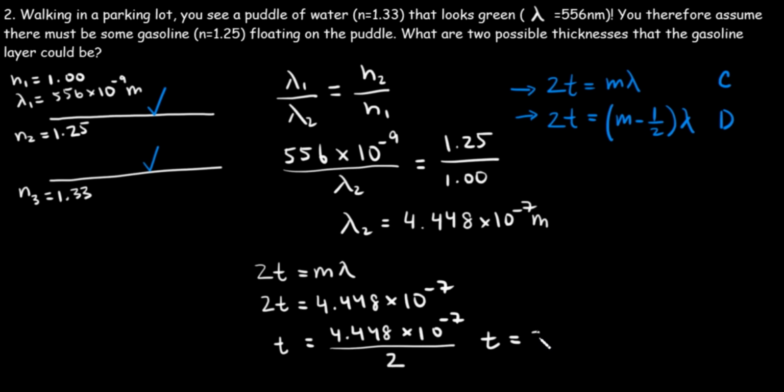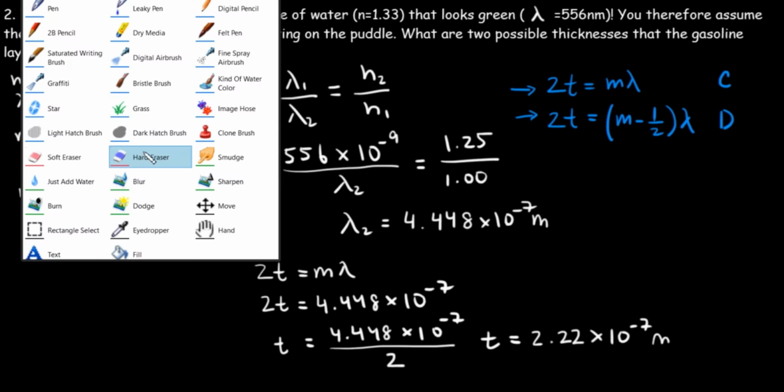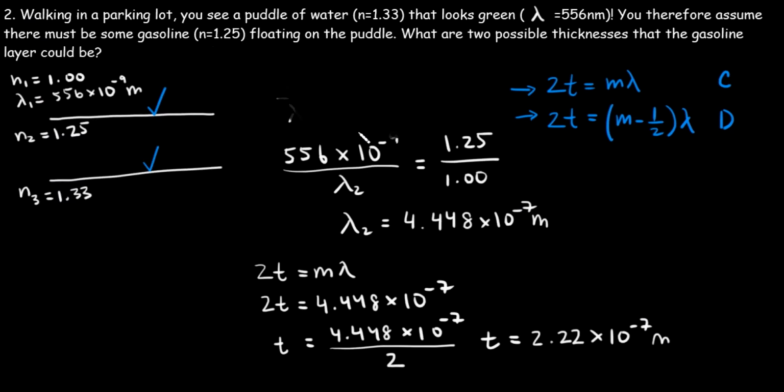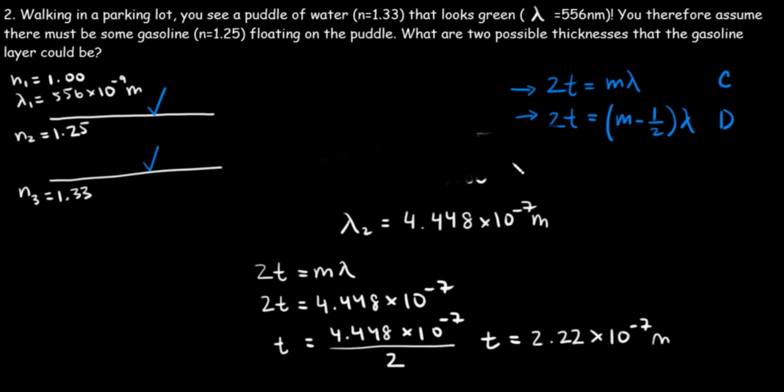Which is 2.22. Okay, so let's look at the number of sig digs. In this question, every number has 3 sig digs, so we're going to keep it at 3 sig digs. So this is one possible thickness. Make some space, because it's asking for 2 possible thicknesses,